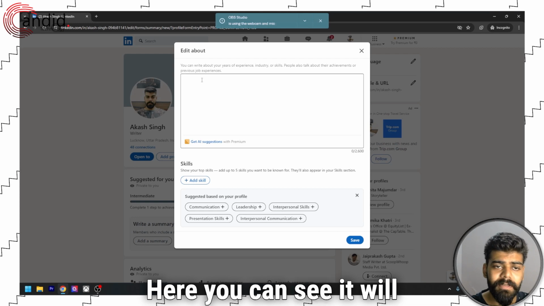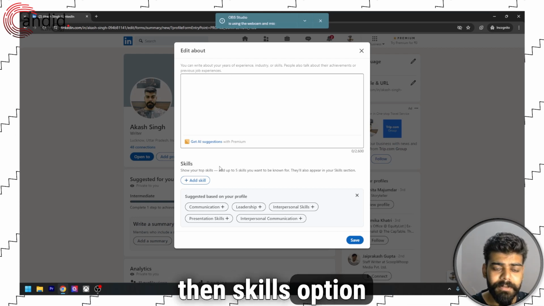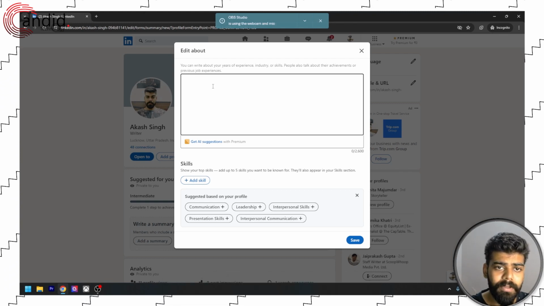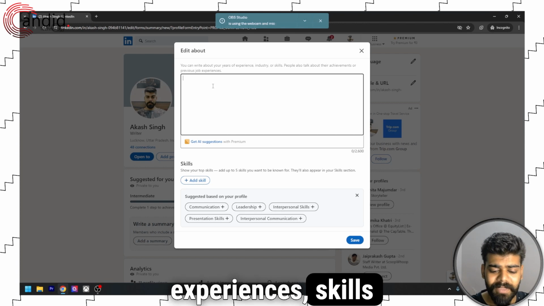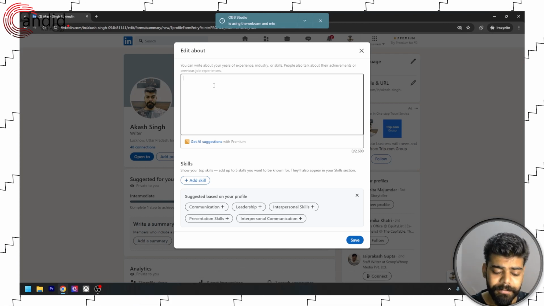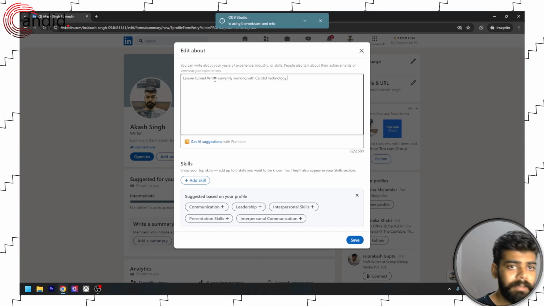Here you can see it will give you a description box and then skills option to add some skills. In the Edit About, you can write about your experiences, skills, or anything else that you think will give a strong first impression. You can add something like this,